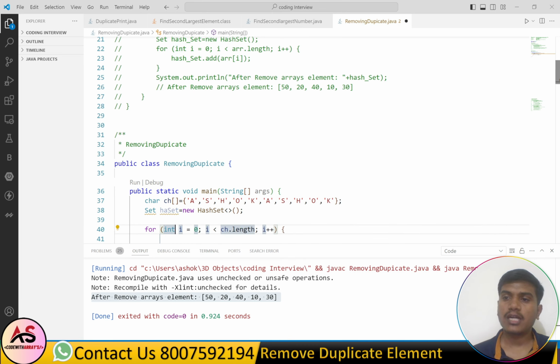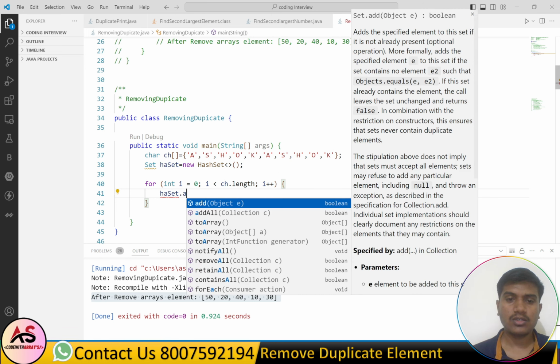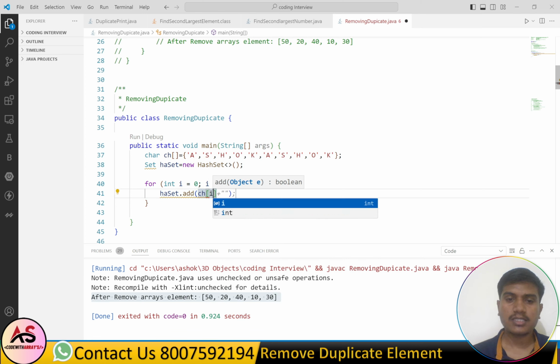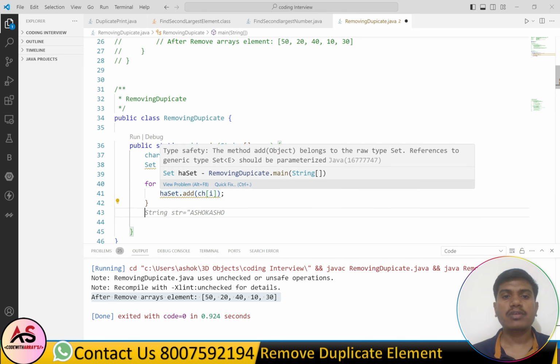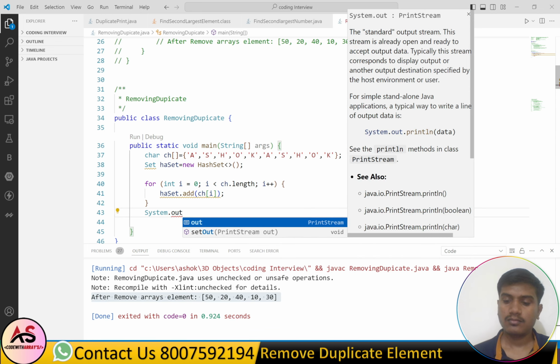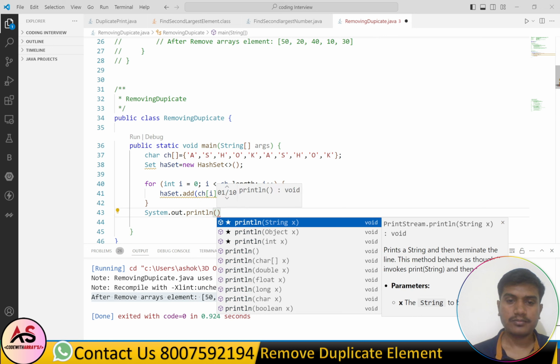The for loop starts with the initial value 0 and the condition is i less than ch.length. After that we use hashSet method. So for that we take hashSet.add and ch and pass the array elements. Now we will simply print the array element.